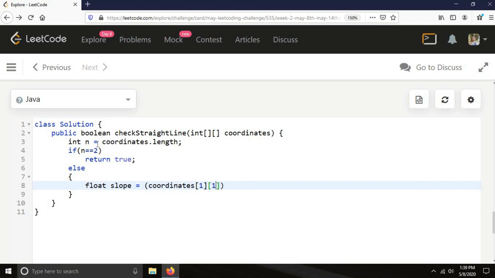Y2 will be, as I0 is representing x and I1 is representing y. So the y2 will be I1, and here we are taking the y value of the second coordinate. So I have chosen 1 because indexing starts from 0. So y2 minus y1,